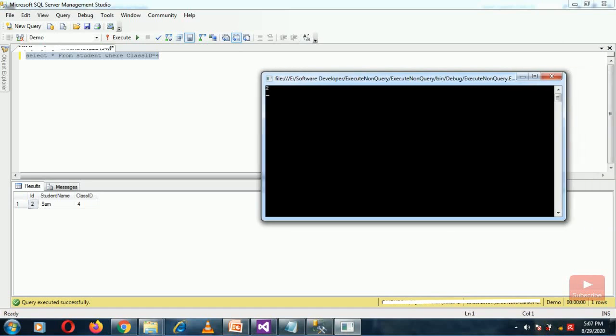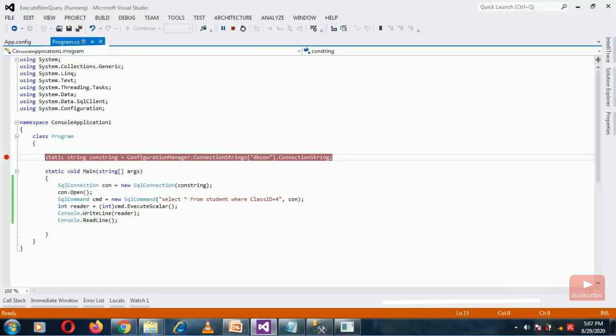So I hope you guys understand what execute reader, execute non query, and execute scalar are. And one thing we can understand is that execute reader, execute scalar, and execute non query are functions of the SQL command.